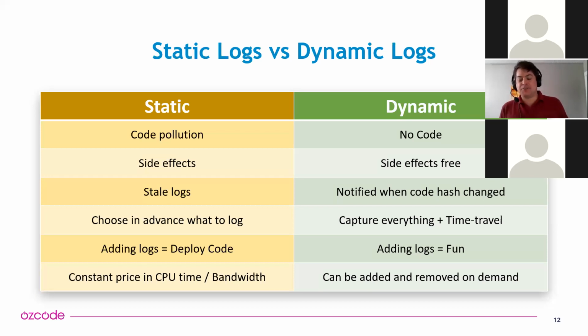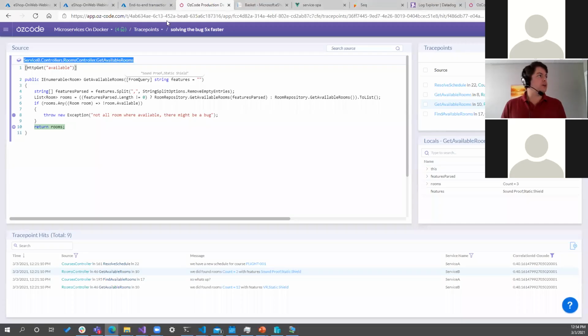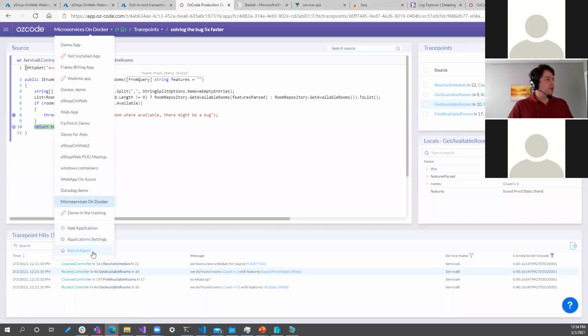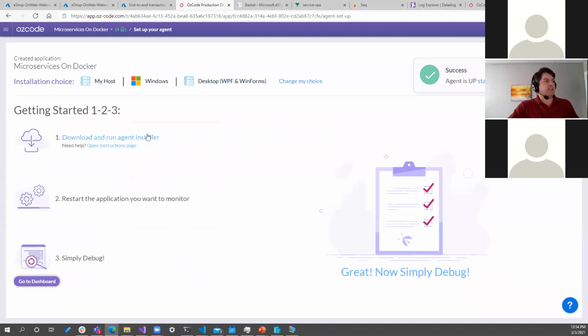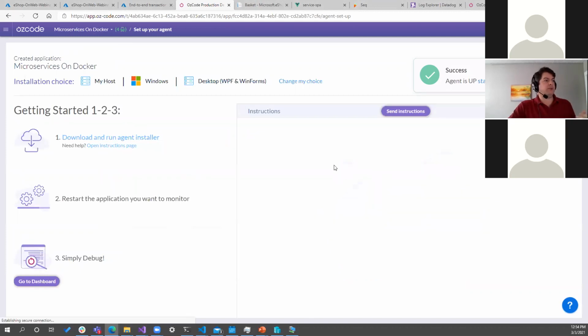Does this also work for a desktop app? Yes, it does. So let's go back to the install agent tab. You can have several things. If you go to My Host, Windows, Desktop and Windows Applications, there are some steps that you need to do. And if you open the instructions,